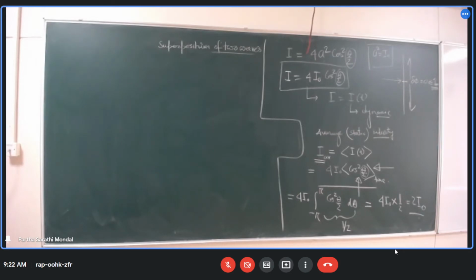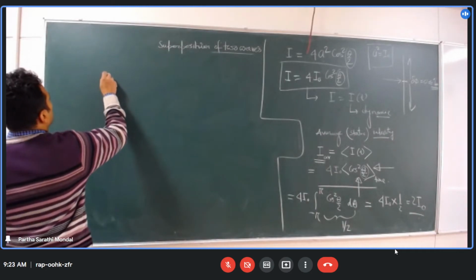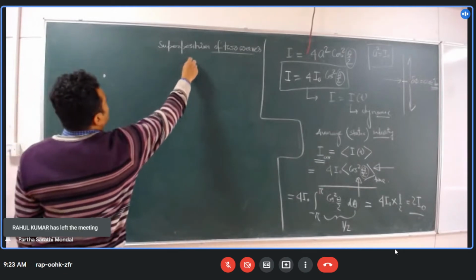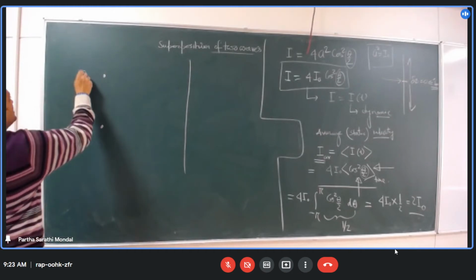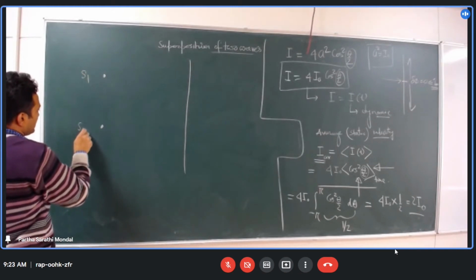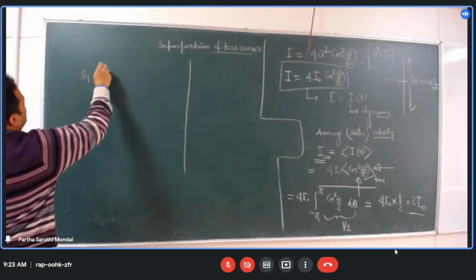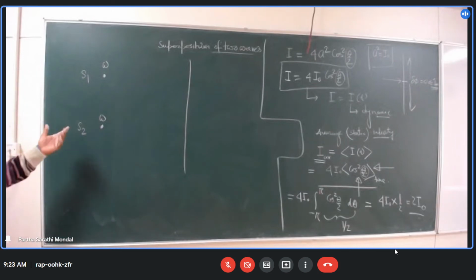Okay, another thing. जो मैं tomorrow के लिए बताता हूँ, जैसे मैंने बताया कि suppose if you want to have interference pattern, so you need to have a screen here to observe the interference pattern, and you need two sources, which have the same frequency omega, and their phase difference may be, okay, no problem.